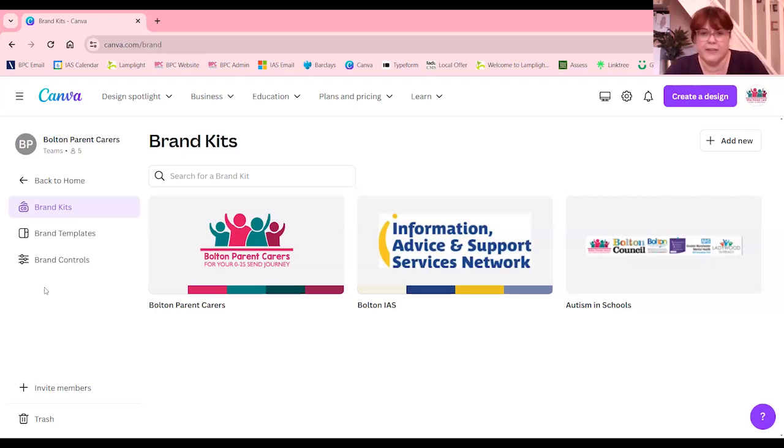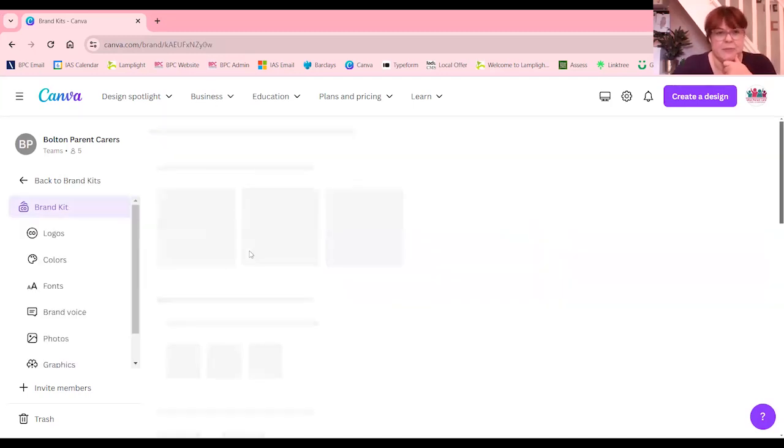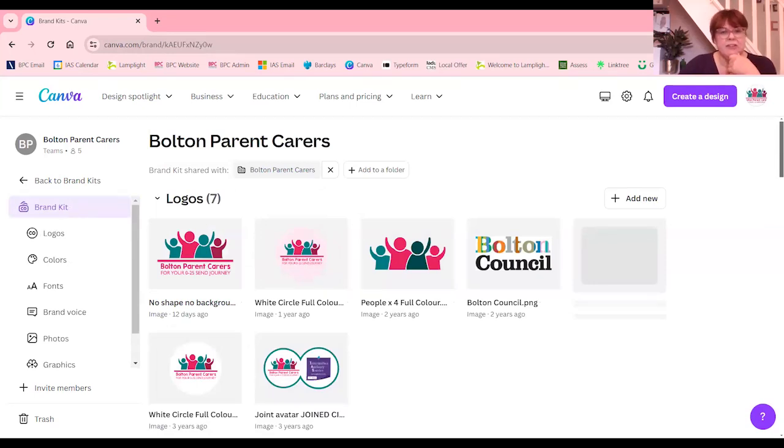I also work for the Information Advisory Service, so I have a little one in there for IAS. And then for autism in schools, I use a different kind of brand image as well. So I have 3 different brand kits that I use. And in anything that I'm doing, it's really easy to just switch between those brand kits. So if I click into the forum one, because that's obviously what we're covering today, you'll see straight away